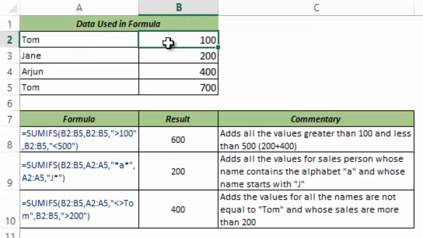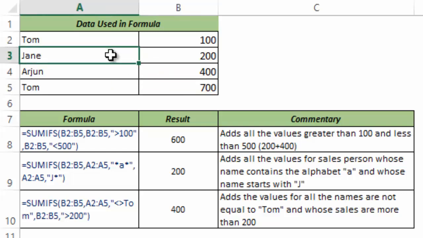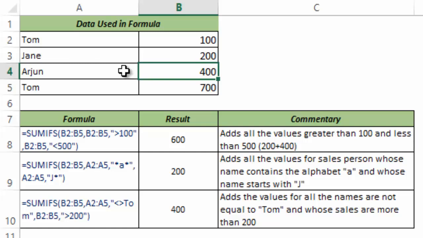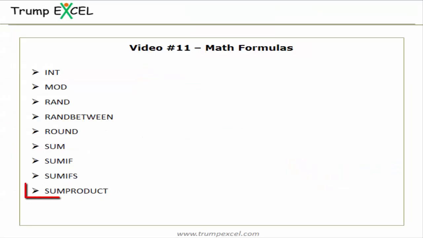The first value does not meet the criteria, the second does not meet it because it is equal to 200, not greater than. The third meets the criteria and the fourth does not. So in this case these two meet the criteria, and in this case this meets the criteria. But for SUMIFS to work, all the conditions should be met. So only 400 is returned, because this is the only number in the sum range that meets all the criteria. So this is how the SUMIFS function works in Excel.